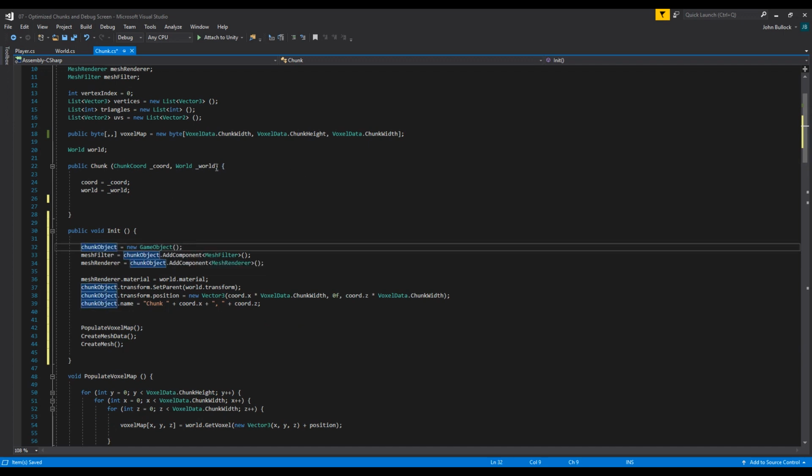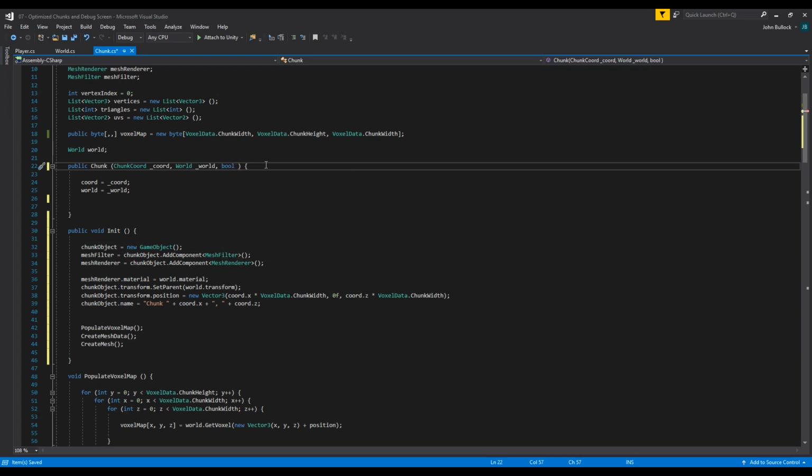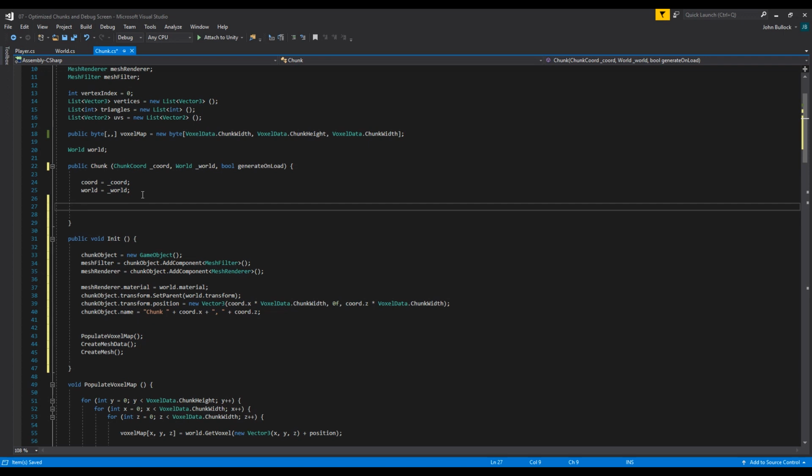And then we're going to take another value in here, and it's going to be a bool, and it'll just say generate on load. That gives us the option to run the chunk creation as it was before. So if this is true, then we will run all this straight away and it will be just like it was before. But we can also set it to false and have it create the chunk but not populate the data that goes in that chunk. So if generate on load